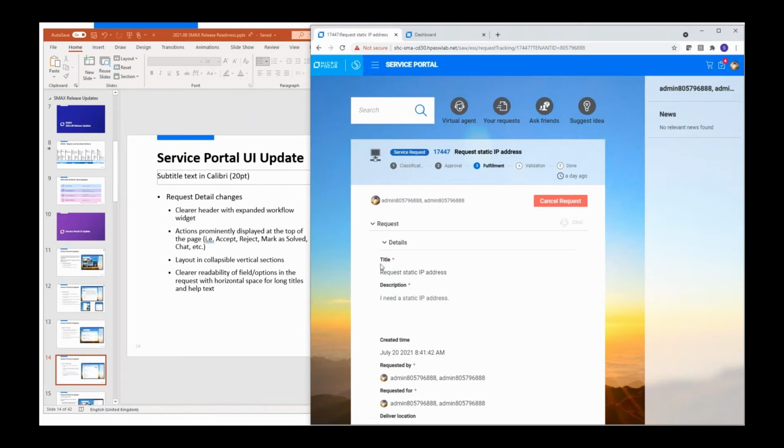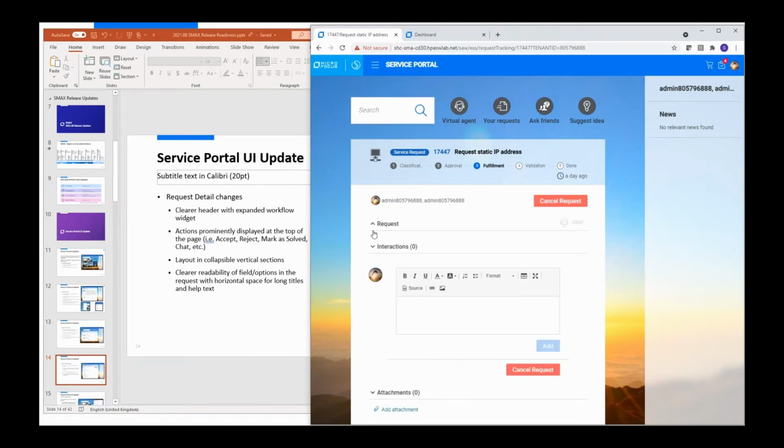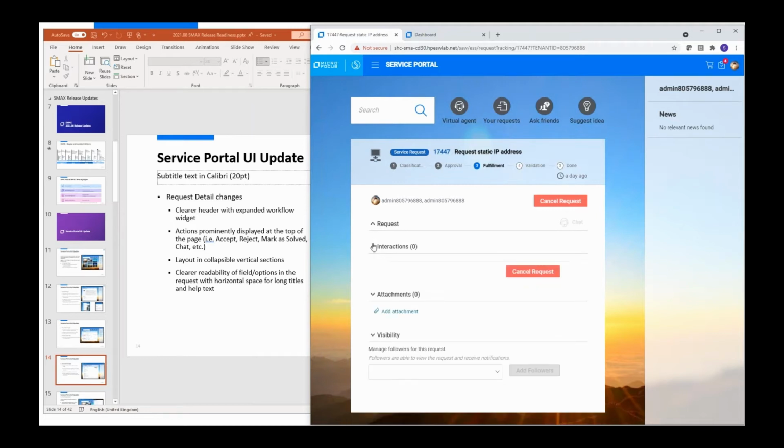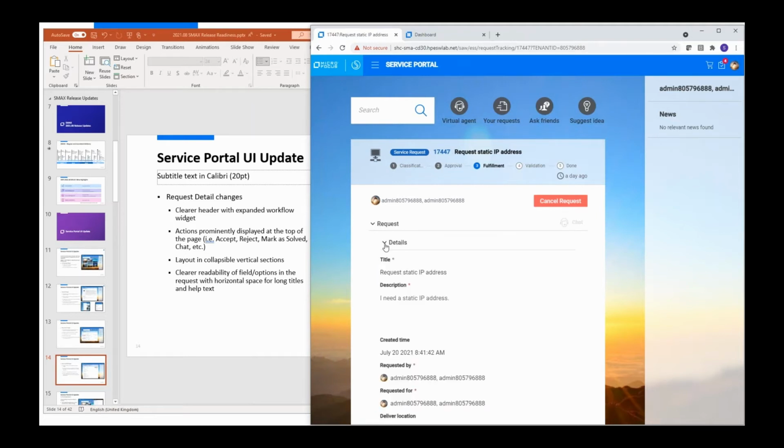And then we've redesigned the layout. So we have collapsible sections here to make it easier to get to the information you want to see. Collapse those. And then I think the biggest change is we've moved to this style of label over the content